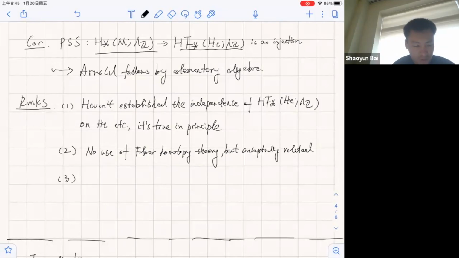And there's a third remark saying that actually our construction of Floer homology over the integers could work